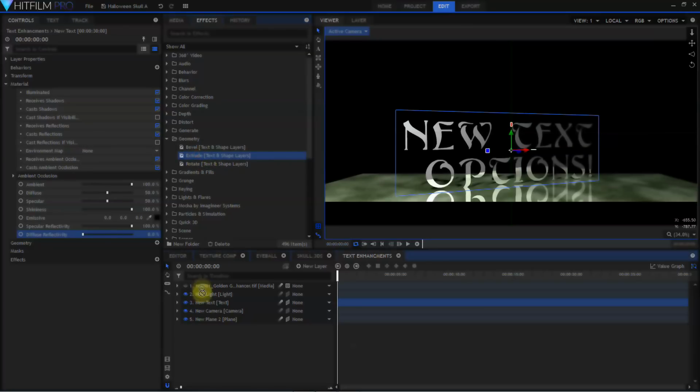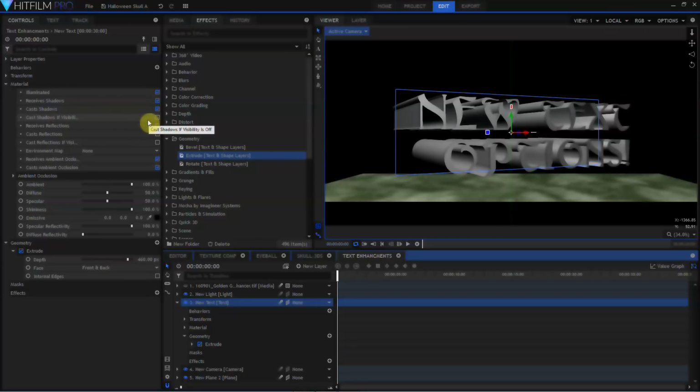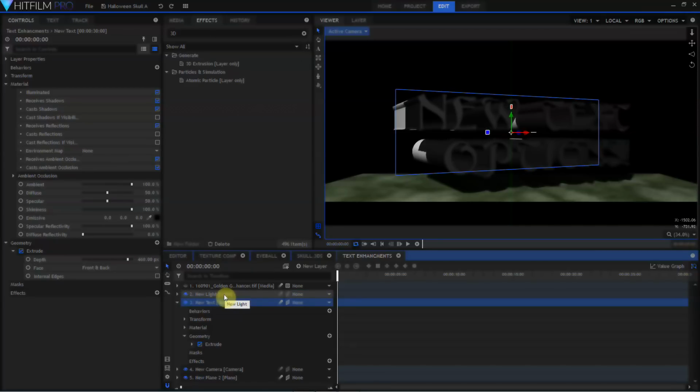First, I'll drop an extrude on our new text layer. I've turned off reflections for the moment just to speed this up, but I've taken the extrude from the geometry effect up to 460 pixels. Previous versions of HitFilm had the 3D extrusion effect, and the 3D extrusion effect is still here in the effects menu.